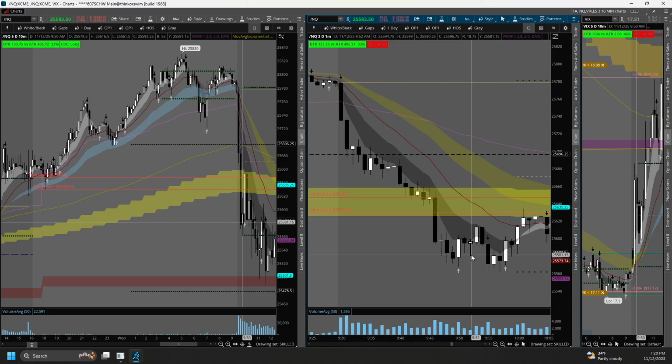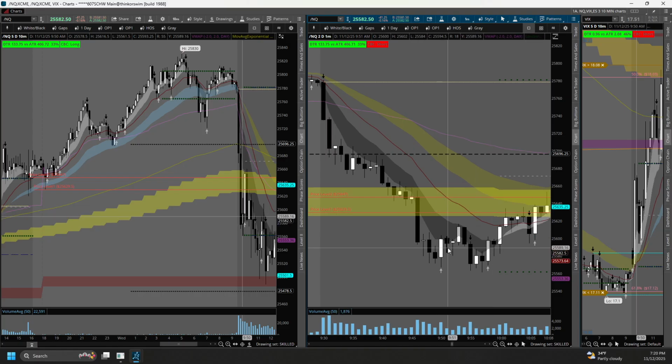here's an important distinction. So you see how this made this move down, right? And then we had a 1-minute candle by candle flip long. So if you're trading on the 1-minute, you are now bullish on the 1-minute, right? You have to watch out for this.